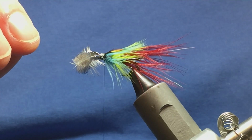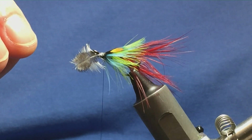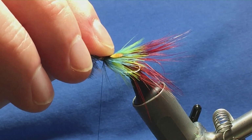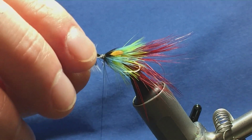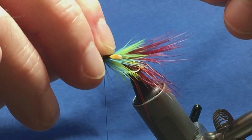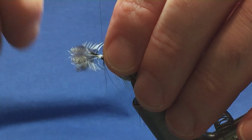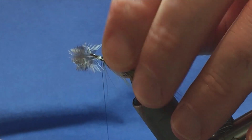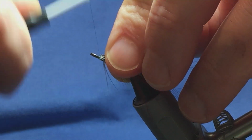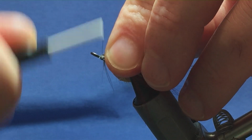Right. Just want to make sure that they're the same length before I tie them in. I'll pull that one in a wee tad. Just move it into position. Happy enough with that. Just going to tighten up now. Down to the eye. I'm going to fold back the stems. And then just bring my thread up